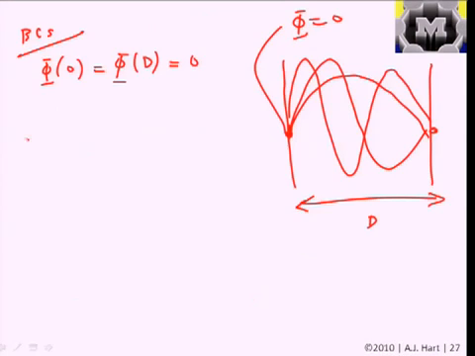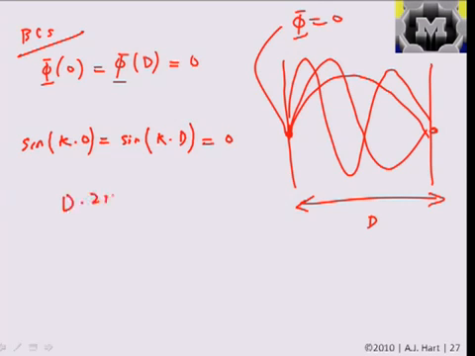So we need the sine of k times 0 to be equal to the sine of k times d to be equal to 0, which basically tells us that